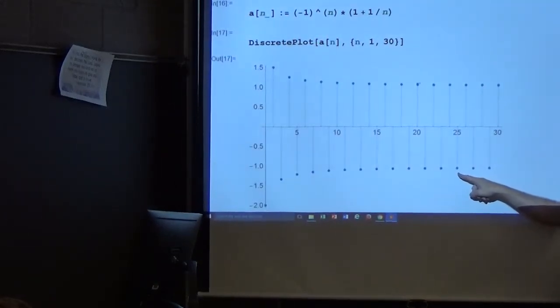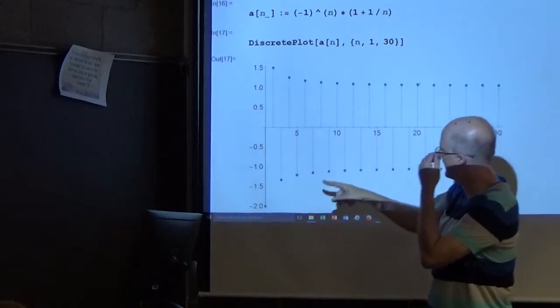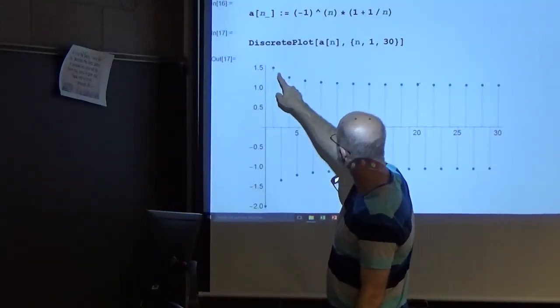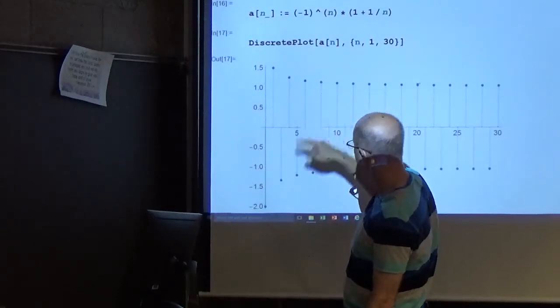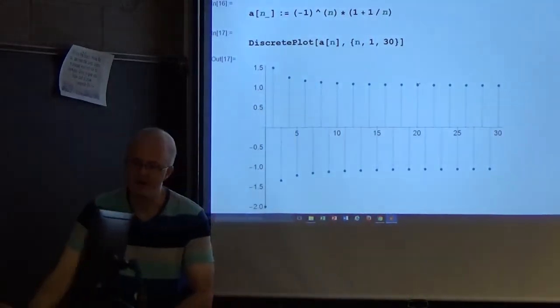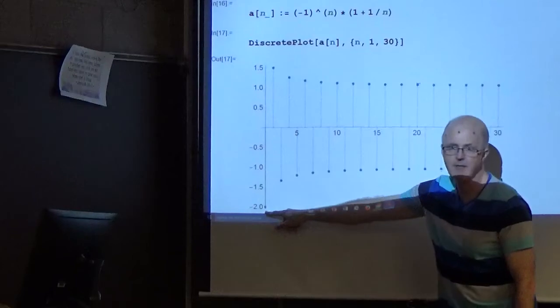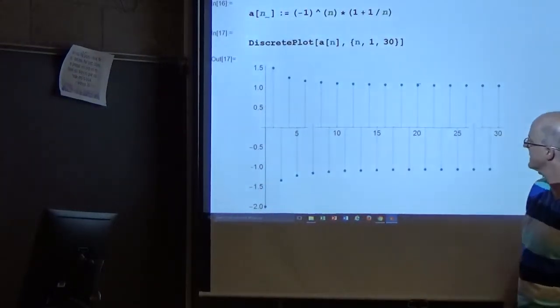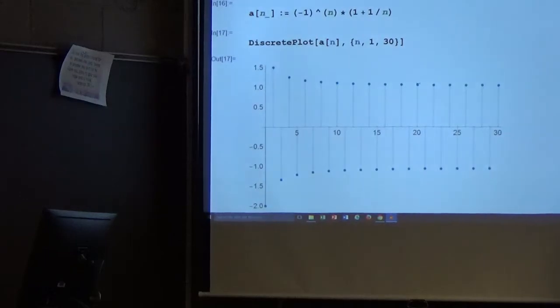Or do I have my odds and evens mixed up? Oh, it's the other way around. These are the even ones. This is x2, x4, x6, x8, etc. x1, I didn't see it here, it's down there, -2. x1, x3, x5, x7, x9, etc. I hope it's intuitive that because of that, there are two numbers that are limits of subsequences, 1 and -1.